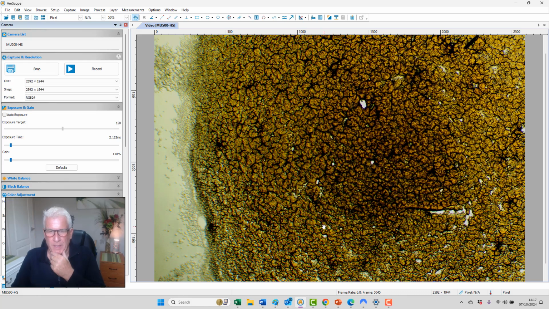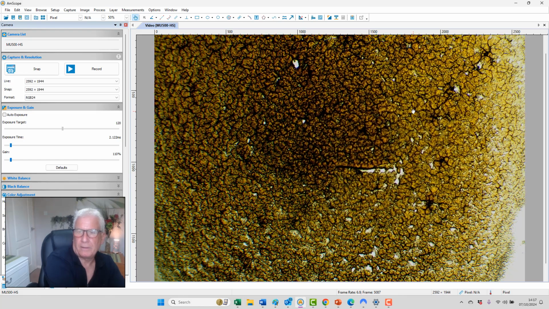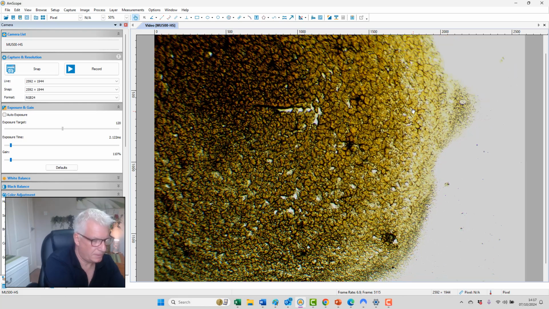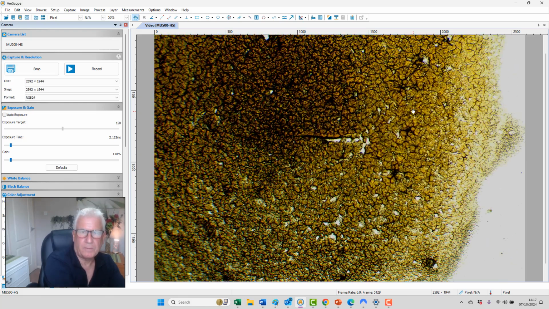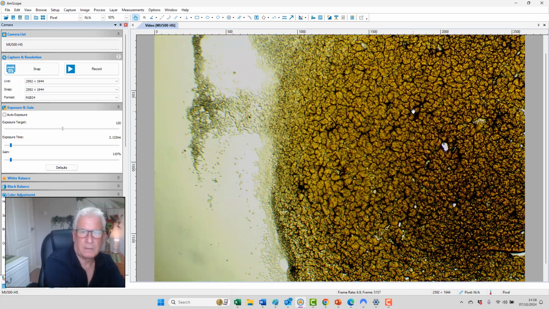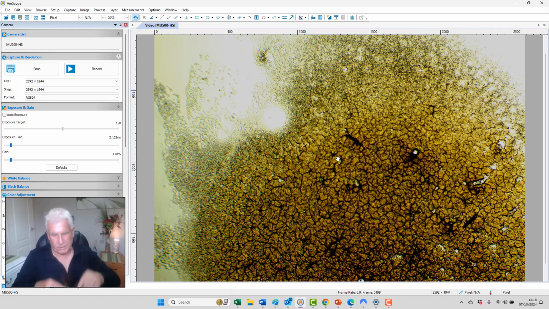Parasite markers, liver spots, liver spots, liver spots. Yeah, very interesting. Right, let's just go up here a bit more and see if anything's happening up here. Oh, there's another liver spot. Cardiovascular, cardiovascular. So you can see just through this analysis alone, we know that we've got poor digestion because we